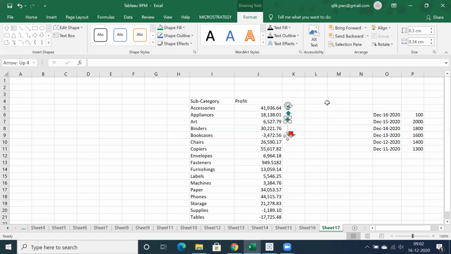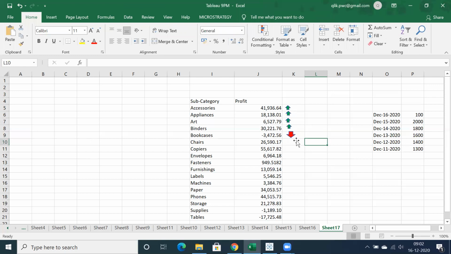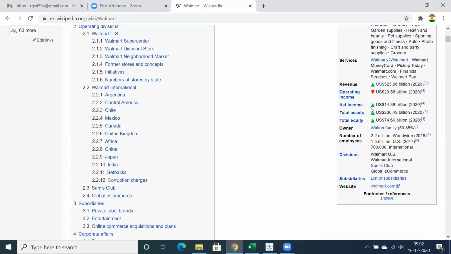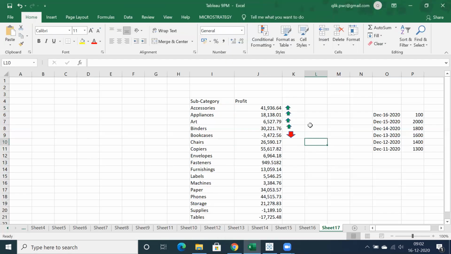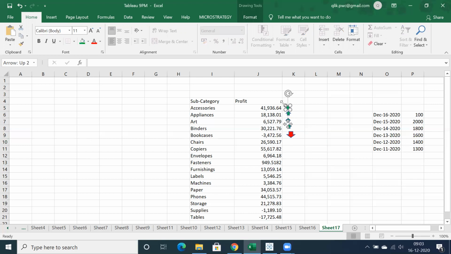You got the requirement. Wherever you find a positive value, you showcase that as an up arrow in green color, and wherever you find a negative value, you showcase that as a red down arrow. That's the same here. You can use any shape. If you want, you can use a simple circle indicator, something like a traffic light signal where you showcase circles and apply a color condition. If sales greater than 0 or profit greater than 0, I want to showcase green, else red.